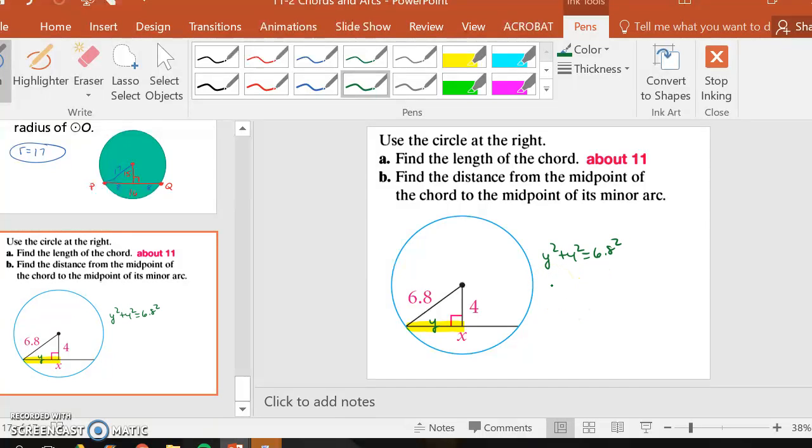Now, that's going to give me 6.8 squared minus 16, which is 30.24. So y squared equals 30.24, then take the square root of that. But what you have to do is double that to get x. X is equal